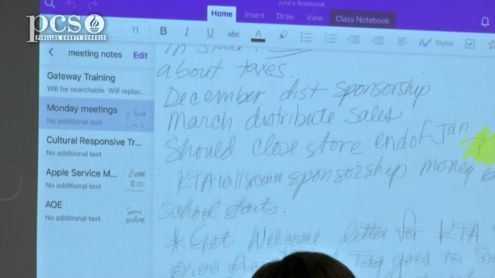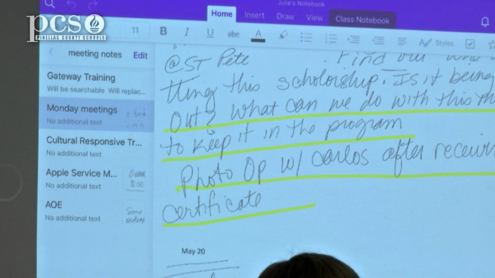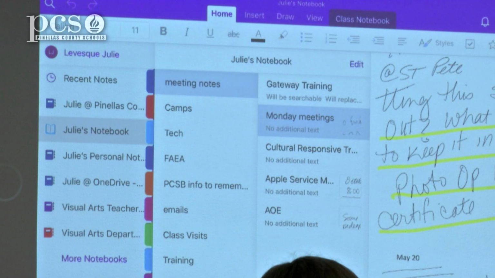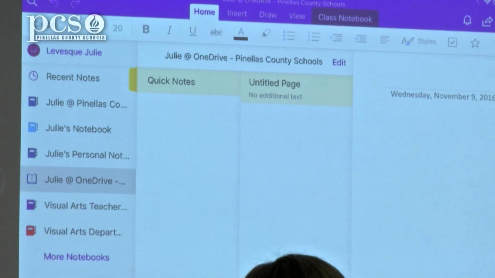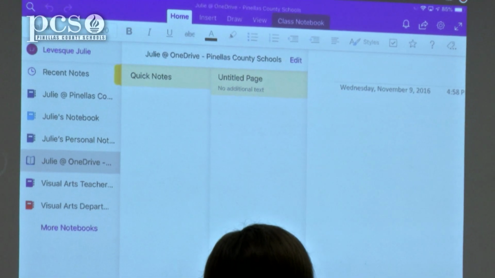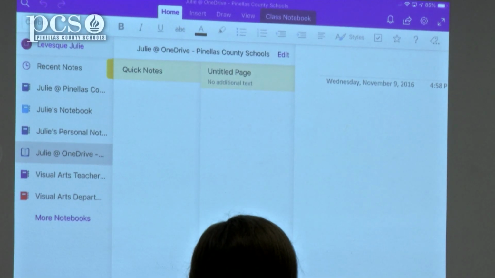When I go to conference, let me see if I have my one left from conference. When you go to conference or something like that,